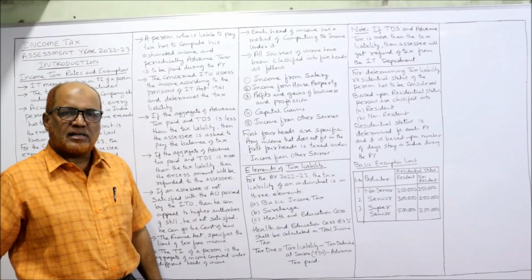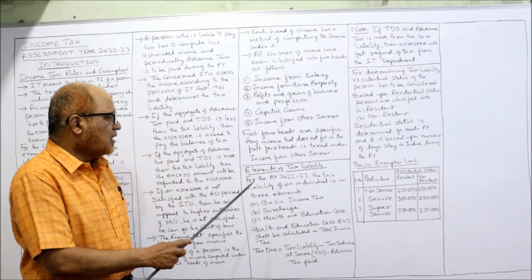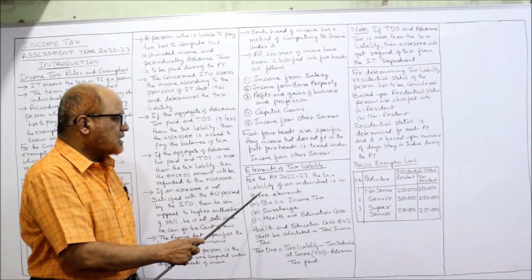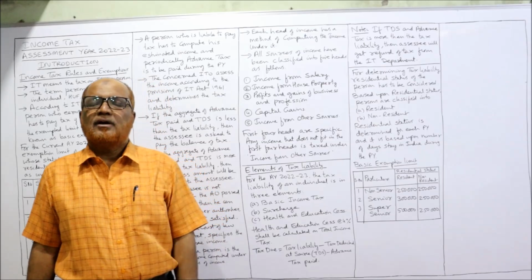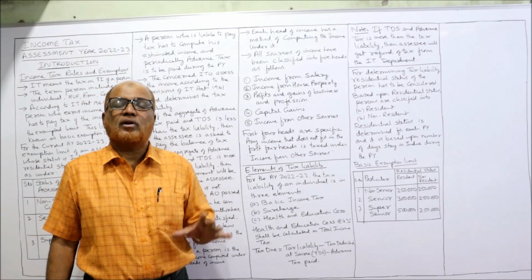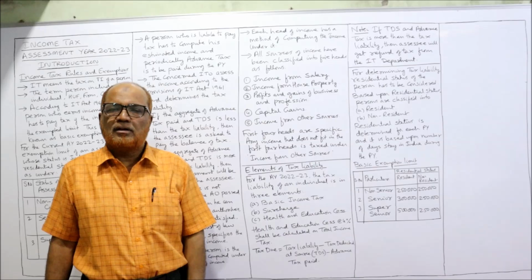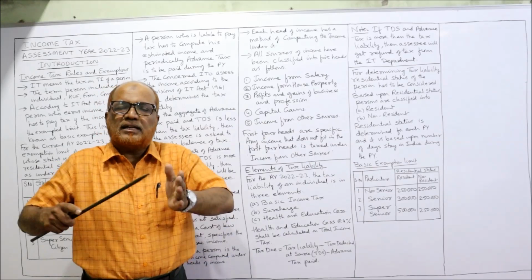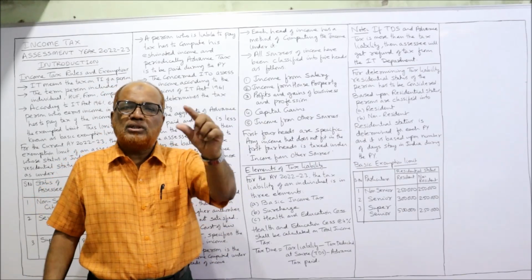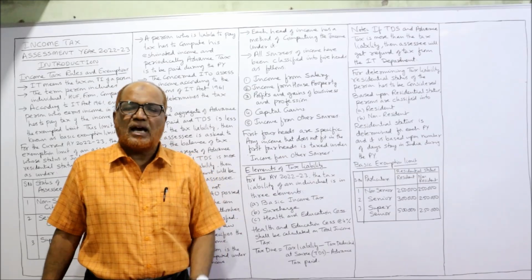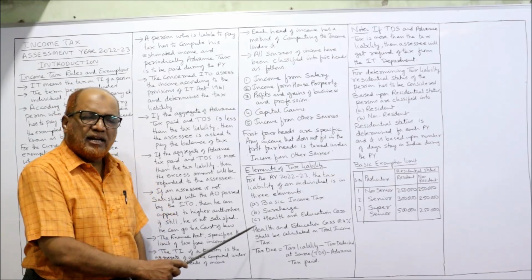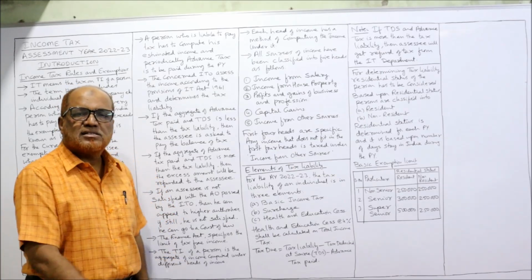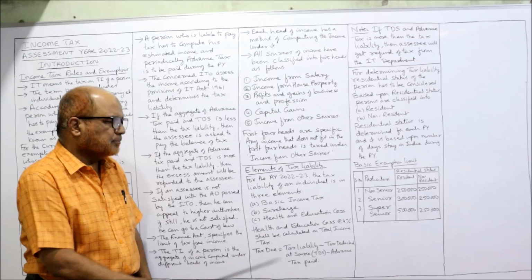Now, elements of tax liability. Now carefully you see. For the assessment year 22-23, the tax liability of an individual has 3 elements. This is very important. This video is very important for computing the tax liability. So for the current assessment year, the tax liability can be divided into 3 elements. The first element is the basic tax, basic income tax. Second is surcharge. Third one is health and education cess.